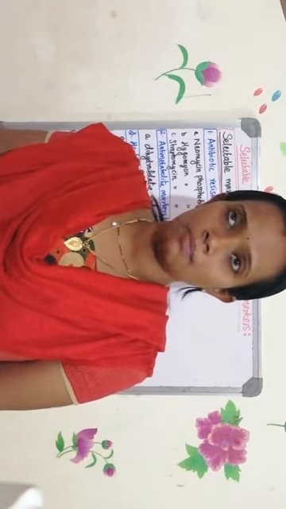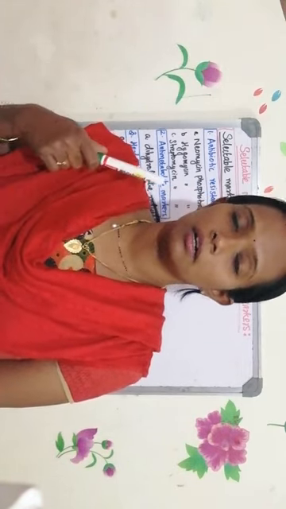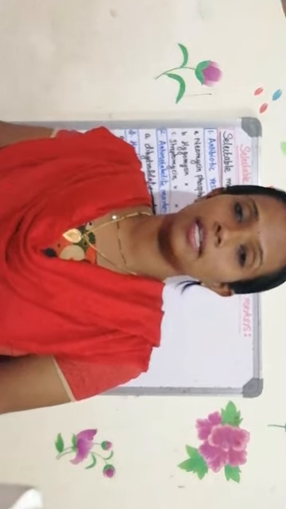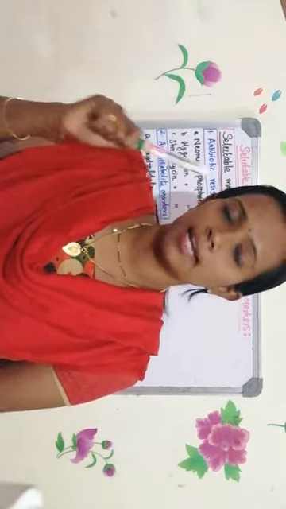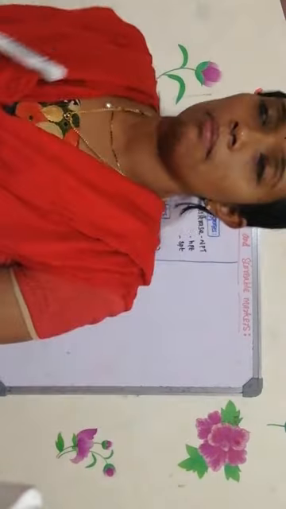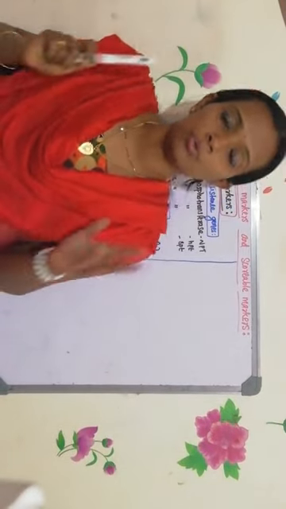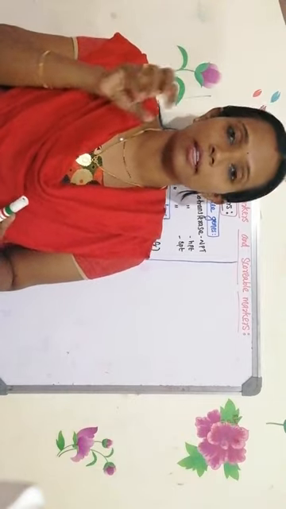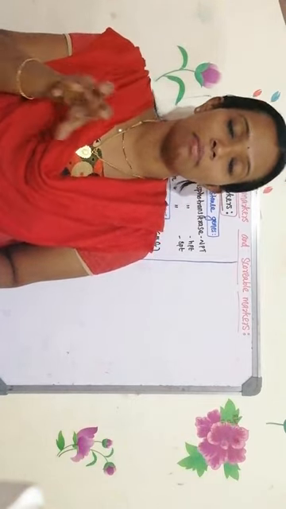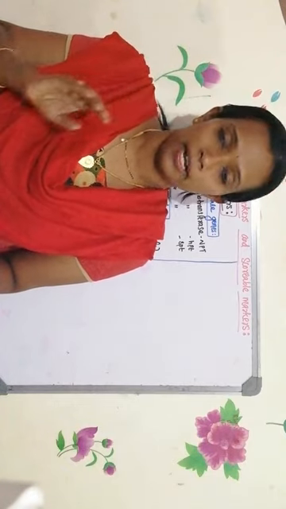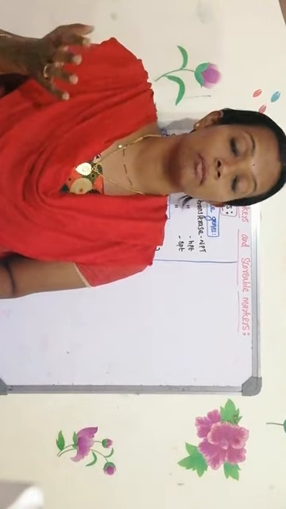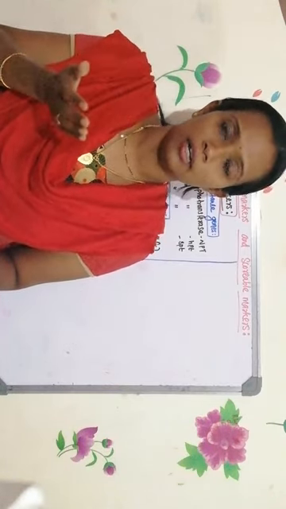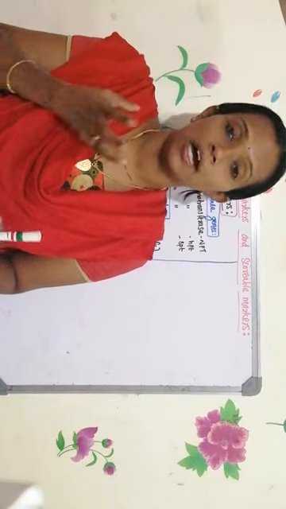Now, the markers which are used in the plant selection system are classified into two. One is the selectable marker, another one is known as the reporter gene. There is a difference between the selectable marker and the reporter gene. Selectable markers are used to identify whether the foreign gene is there or not. You can identify the presence of the foreign gene in that particular cell by using a selectable marker gene. Whereas in the case of a reporter gene, what is the meaning of the term report? Something which will report.